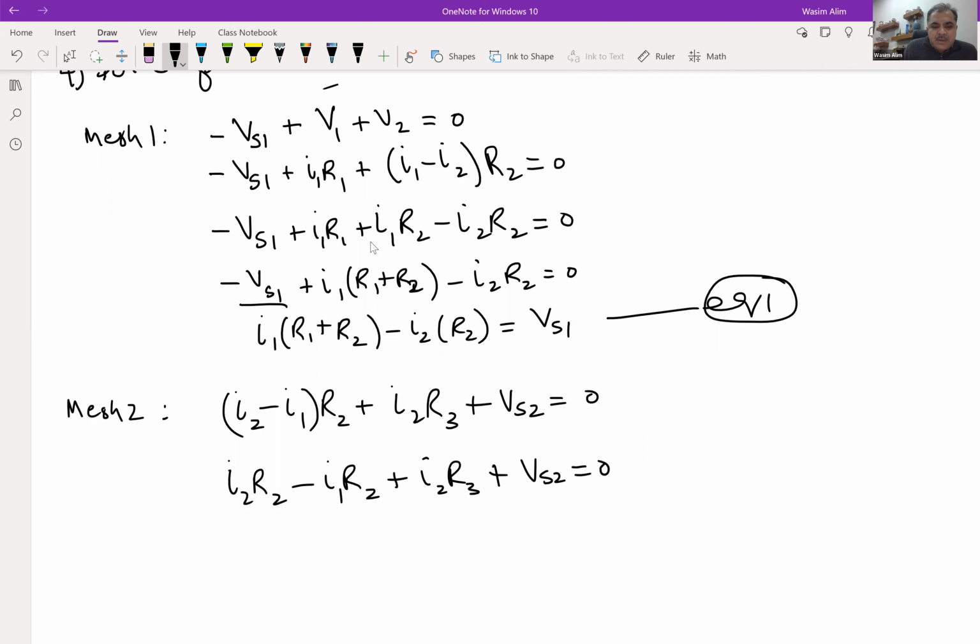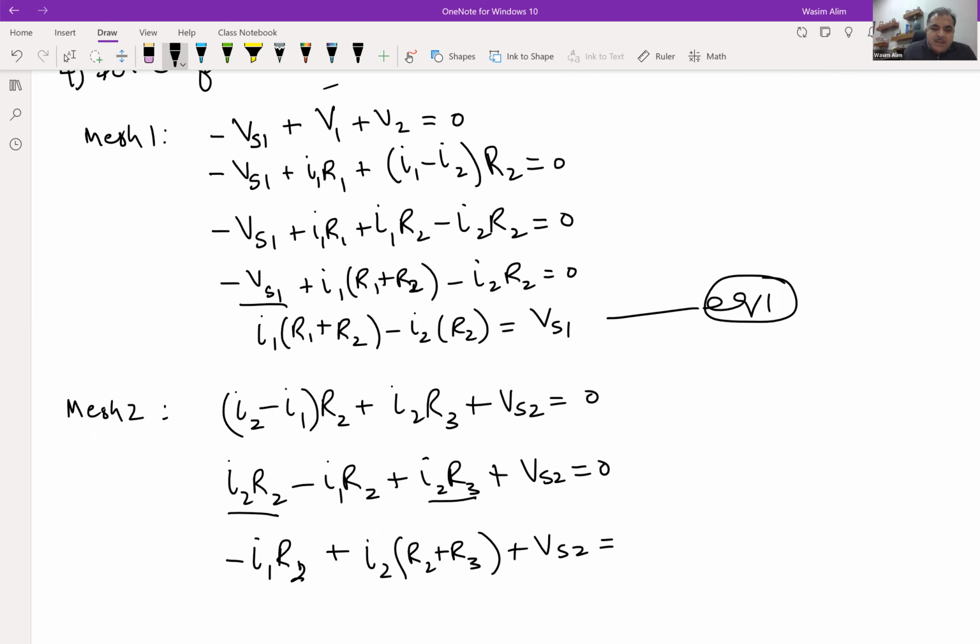Combining, so let's say I have minus I1 R1, I1 R2 plus, I combine these two terms. So I have I2 (R2 plus R3) plus VS2. Now we need to bring it to the general form, which is the constant must be on the